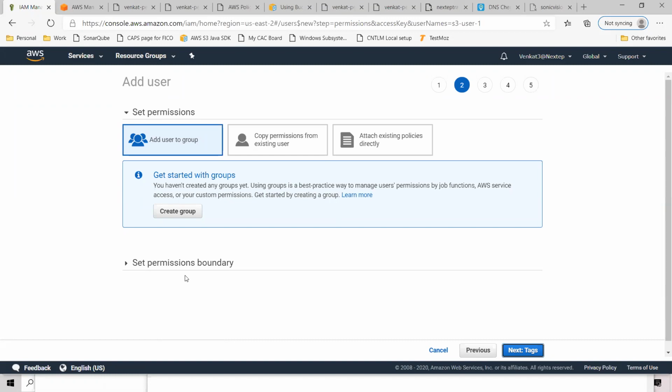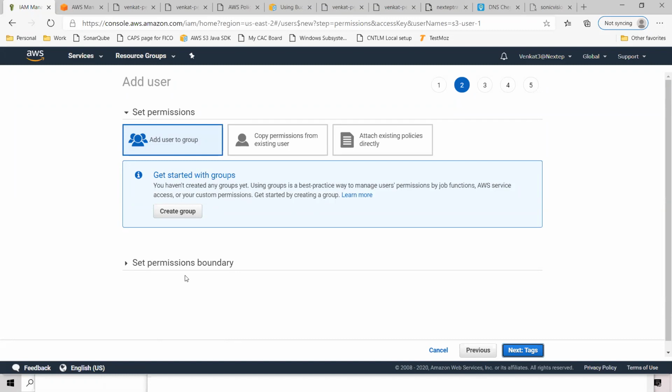Let's say in a typical company, all the HR people belong to a group called HR. There you will have HR user 1, HR user 2, HR user 3, all of them belonging to the HR group. Now I can control access at the group level. I can create a bunch of permissions and create a role, and I will assign that role to the group itself. Everybody within that group will get it.